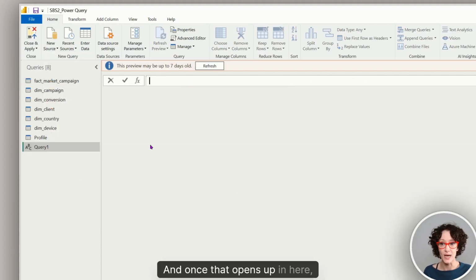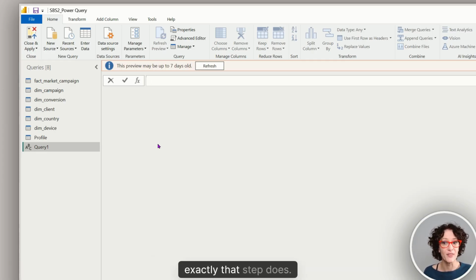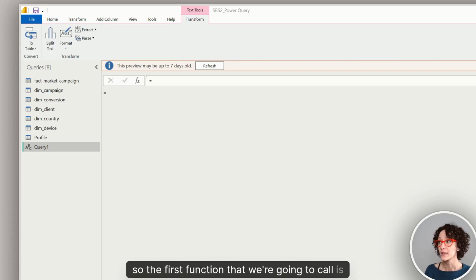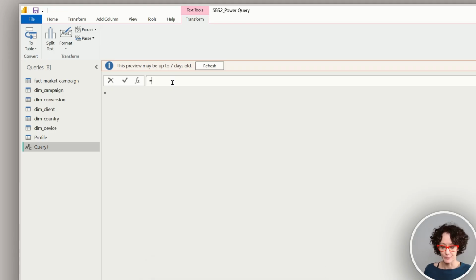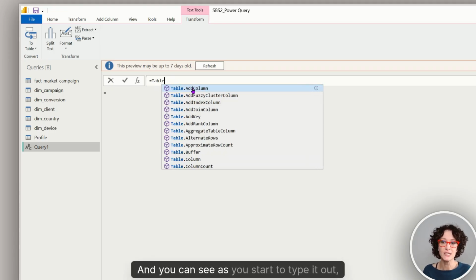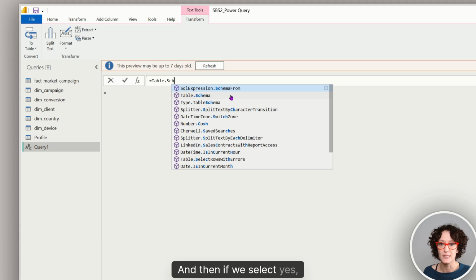And once that opens up, in here, this is where we're going to use a couple of those functions that we mentioned previously, like table.profile or table.schema. And then we're going to take a look and see what exactly that step does. So the first function that we're going to call is table.schema. And what this is going to allow us to do is identify the structure of our data. So in here, we're going to put table, and you can see as you start to type it out, the IntelliSense actually helps you along the way. Schema, and then if we select yes,